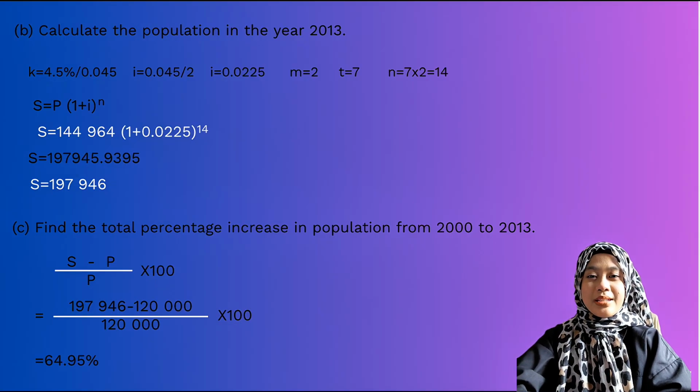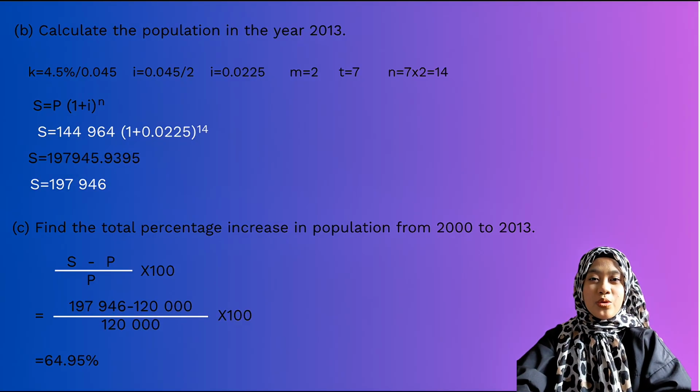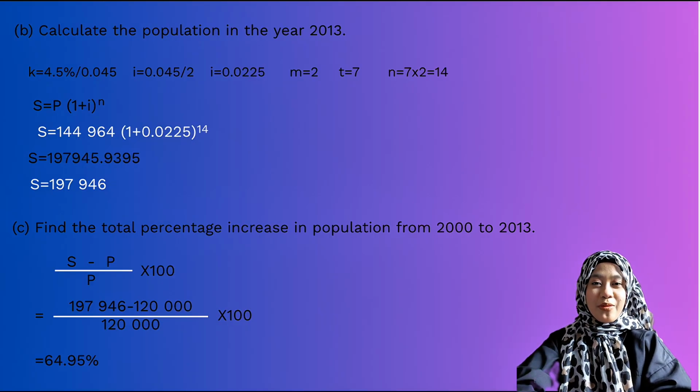Next is B. Like I was saying, you have to list down the important values. So the formula is S equals to P bracket 1 plus I bracket N. So S equals to 144,964 bracket 1 plus 0.0225 bracket 14. How we get N is, like I was saying, equals to M multiply T. M is 2 and T is 7. So we get 14. So the answer is S equals to 197,945.9395. So we do the round off,